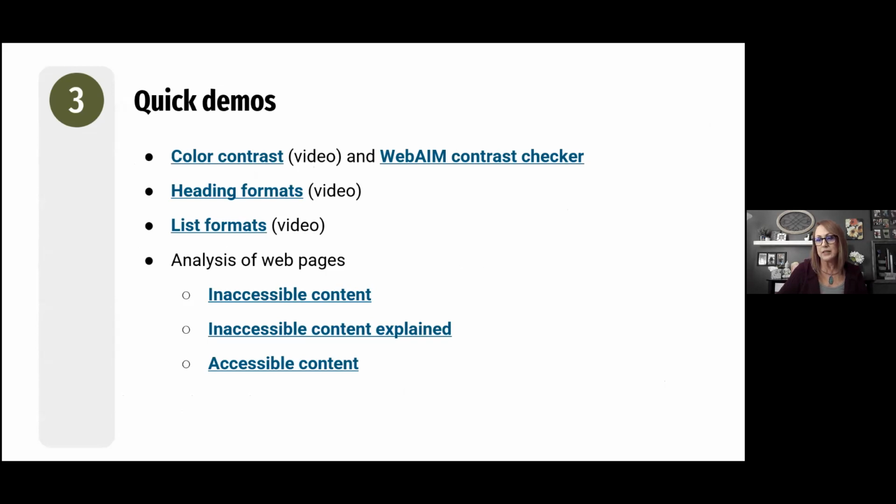indicates that it's a best practice to use black and white, and I'm here to tell you that that is not exactly true. You can use any color combination for foreground text and background, which meets color contrast requirements. A safe bet is using dark gray text on white. That's super easy on the eyes for someone who has vision difficulties. So black and white is not always recommended or required. It's just maybe a safe bet to choose black or dark gray along with the white combination. All right, so let me get back